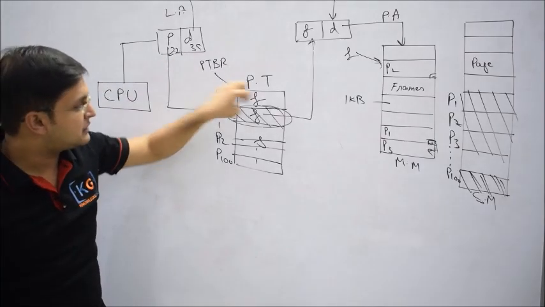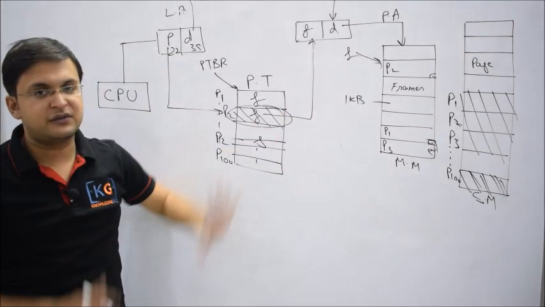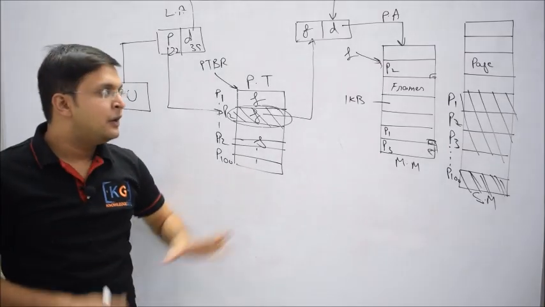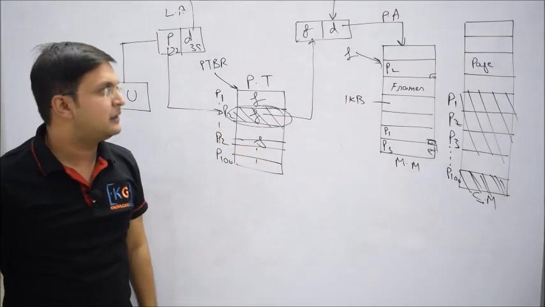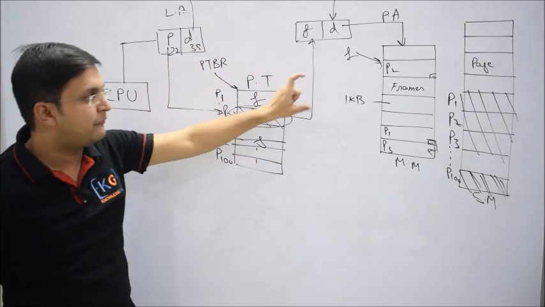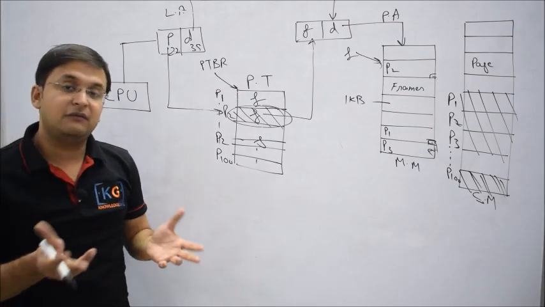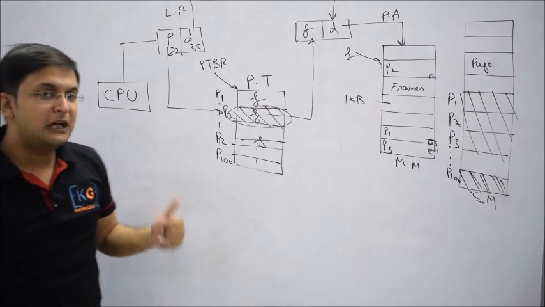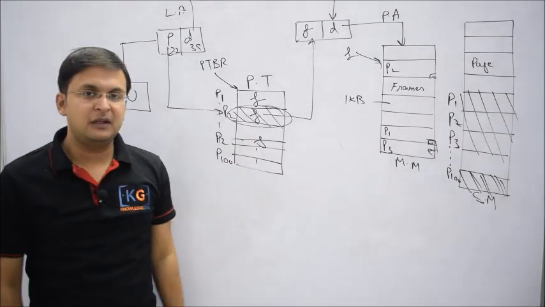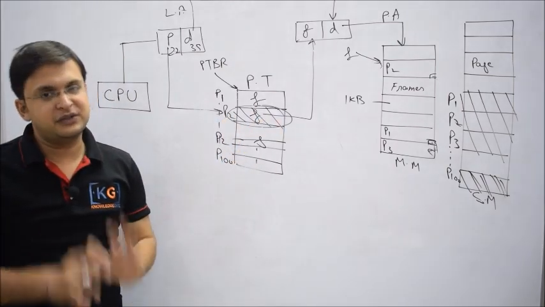So instruction access time becomes double. You have to access main memory first because of the page table, and second because of the actual instruction. So a disadvantage of paging is, yes, it suffers from internal fragmentation, but in the later stages I'll upload some videos where we'll understand the consequences if I increase or reduce the size of a frame or a page, using which we can change internal fragmentation. The second major disadvantage you have is what? Timing, because now the time becomes double. If instruction access time becomes double, then the speed becomes half, and that is a more severe penalty.